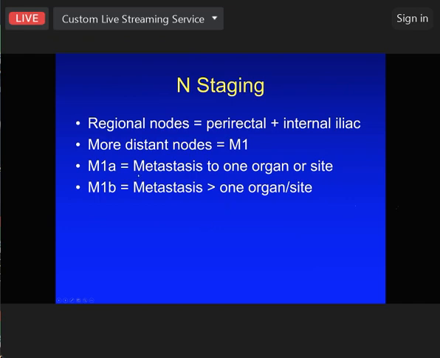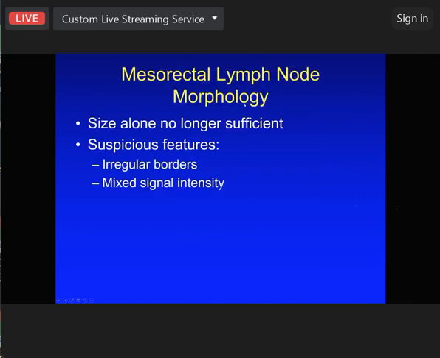Quickly, N staging. We mentioned this before, and we mentioned M staging as well. How do we stage nodes on MR imaging? Well, in the old days with CT imaging, all we had to go on was the size of the node, and we'd talk about the short axis diameter. You'll remember a lymph node is sort of a bean shape, so it has a long axis and a short axis. And we used to use a short axis diameter of 1 centimeter or greater to say that they were